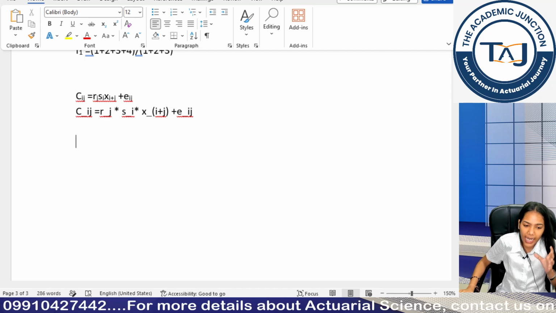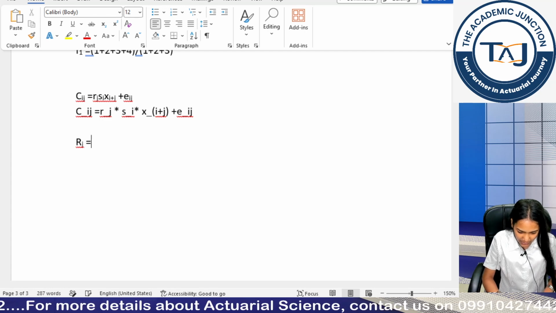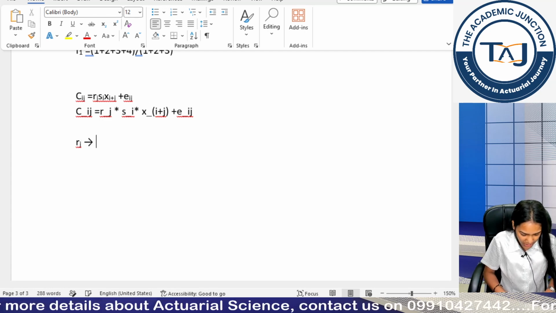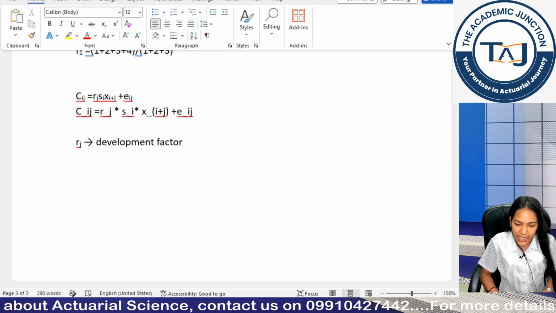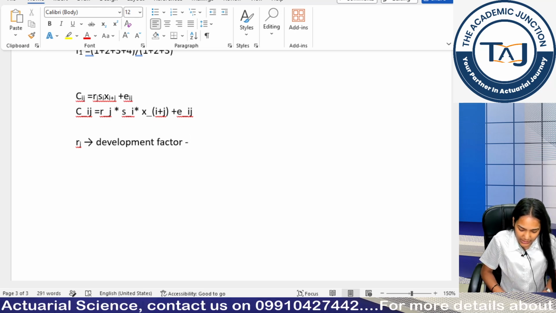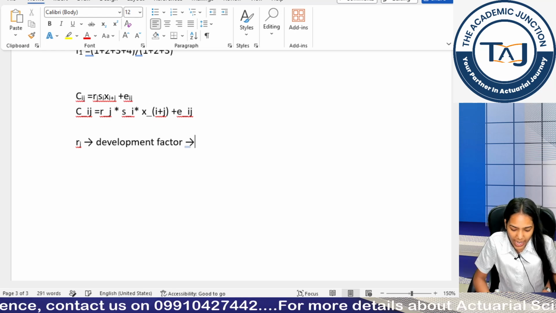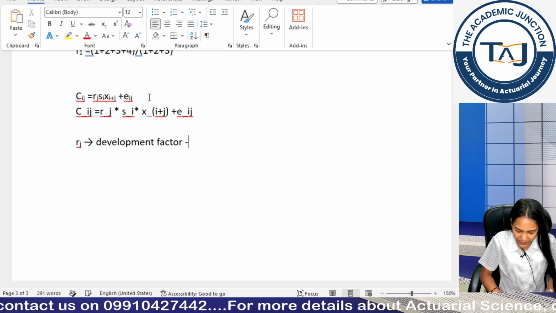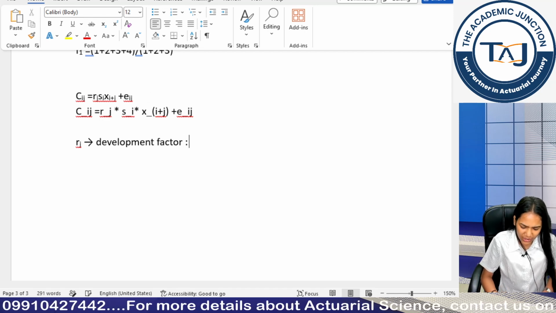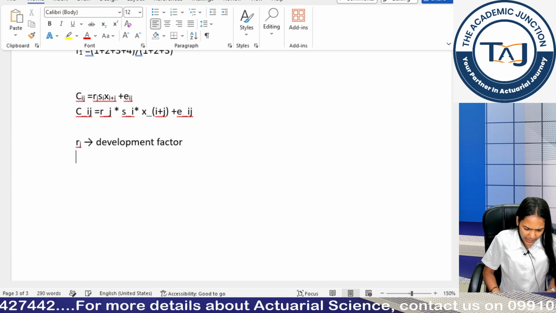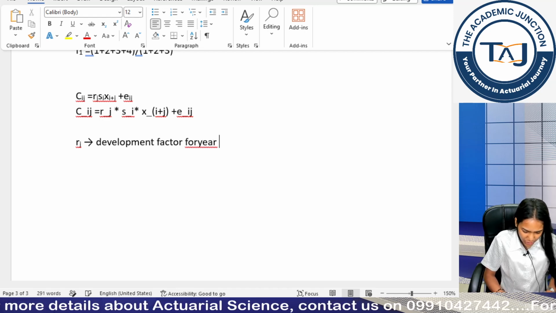So this Rj is basically the development factor for year j. So let me note that, because this also comes in typing, basically typing in the presentation. So this is my development factor. How did I get this arrow sign? I used this minus sign, and I used my greater than sign. It automatically converts into an arrow. Otherwise, even if it is not converting into an arrow, this is also acceptable. Or you could use a colon, or you could simply use this. I prefer this. For which year, you have to also mention that. For year j.